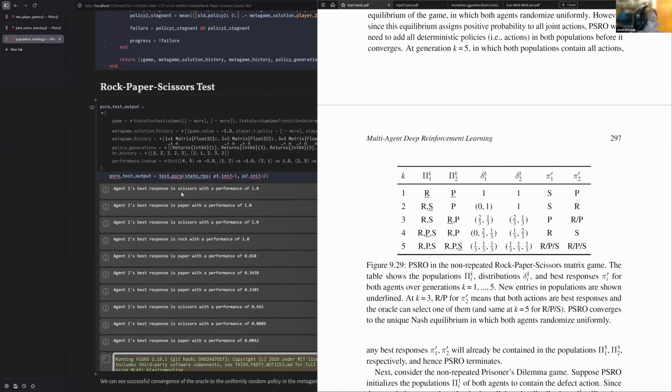So we have agent 1's best response is scissors, and agent 2's is paper. So that's here, scissors, and then paper. Then on the next generation, we have scissors and rock, which we see here. Then we have paper and paper. Now here in the book, it is true that at this point, rock is equivalently good to paper. Like I said, I'm returning a deterministic best response, so either one of these is fine. Paper, paper, then we have paper,